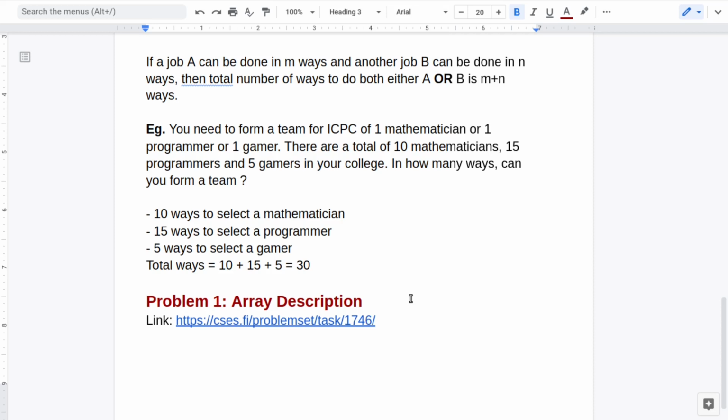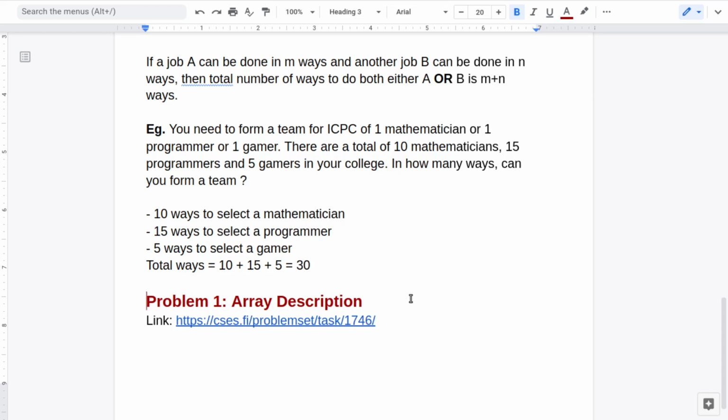Before starting solving problems, I would like to tell you how it will work. I will give you a problem and the link is already present in the video description, so you can have a look from there also, and I will explain the problem. After explaining the problem, I will tell you to pause the video and try it on your own, try to think of a solution. Once you try thinking and still you are not getting it after a long time, then you can play the video again and see one of the hints which I will be telling, and then again pause the video and think of the solution.